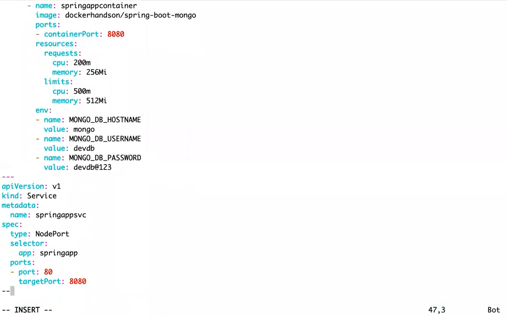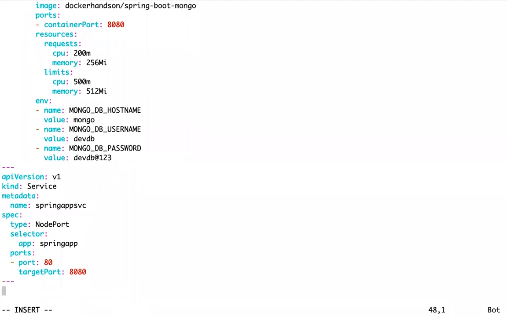And I am running my database also as a pod. So I am creating the database also as a Kubernetes pod. So I am creating maybe a replica set or replication controller.